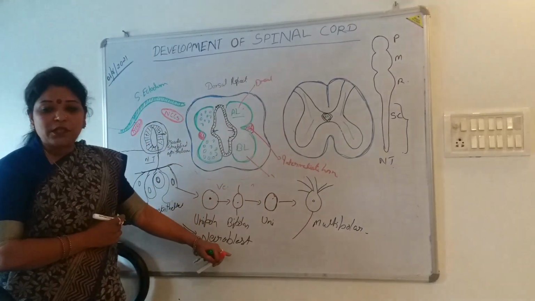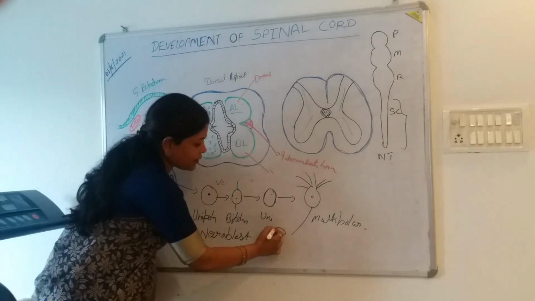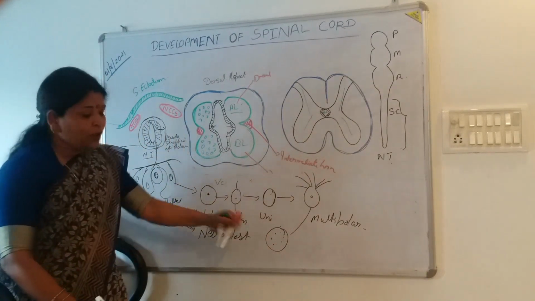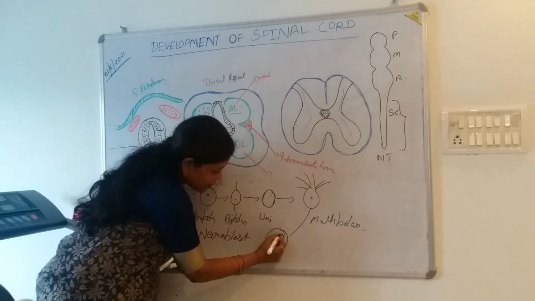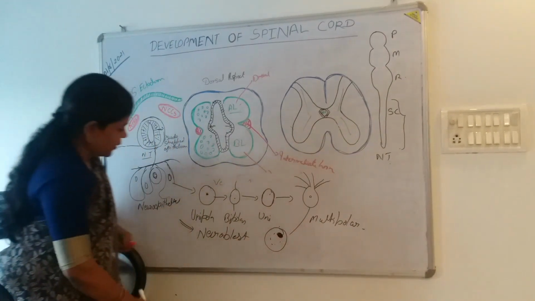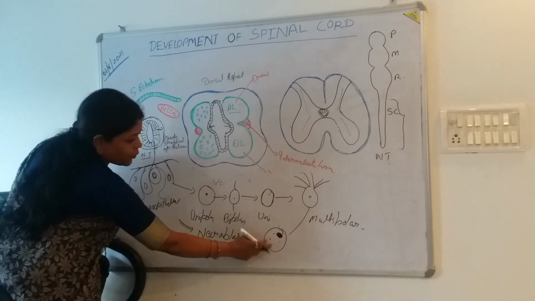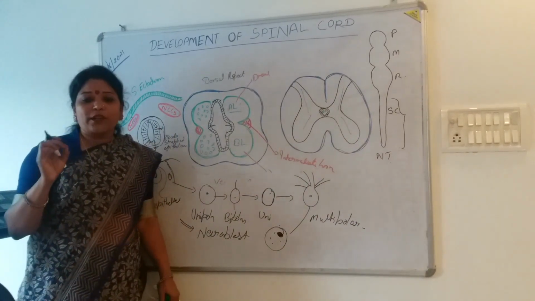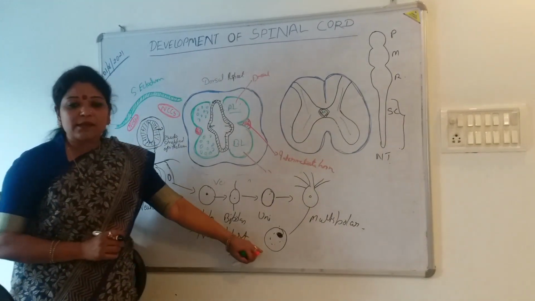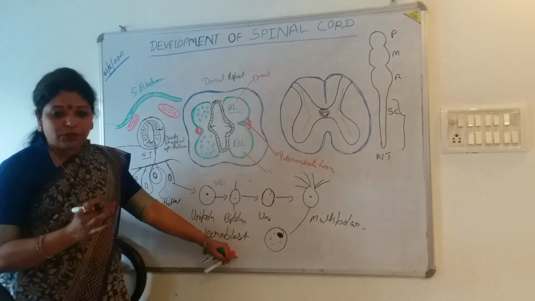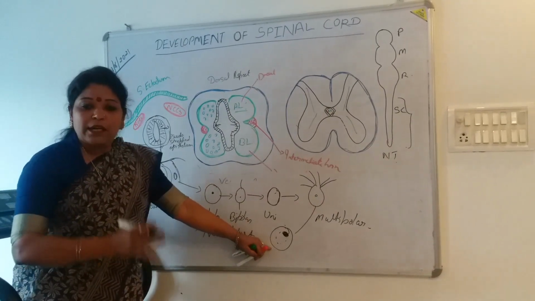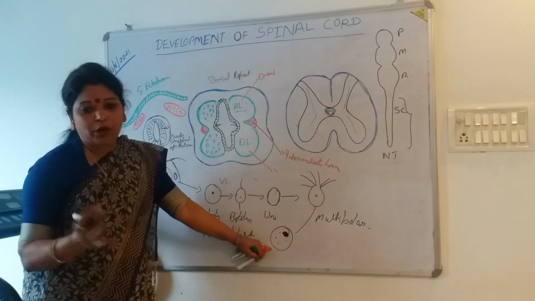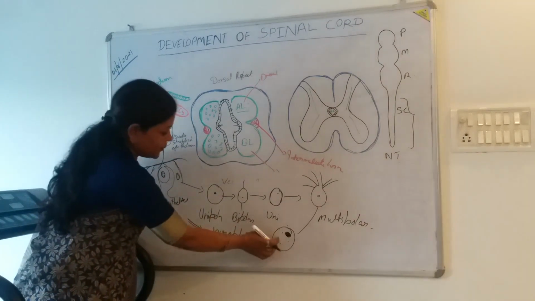So what is the character of these neuroblast cells? The neuroblast cells have a rounded nucleus with pale nucleoplasm and a very dark staining nucleolus. So look here, this transformation. Now this is the neuroblast cell from the neuroepithelial cells. A very important point here: once the neuroblast, which is going to form the neurons, is formed, it will lose its mitotic property. Further it will not divide, isn't it? So this is the neuroblast cells.